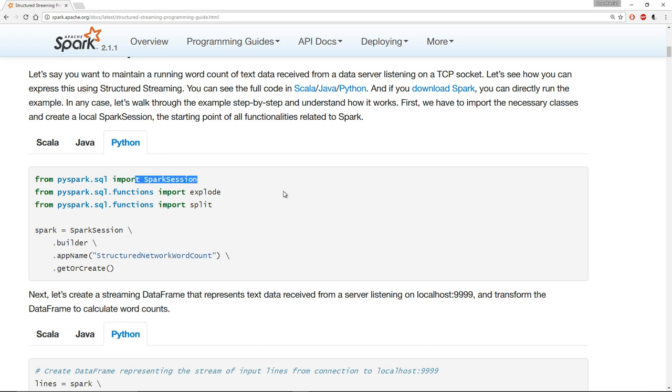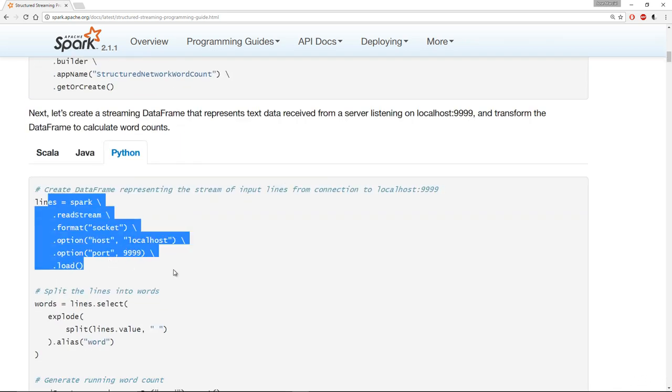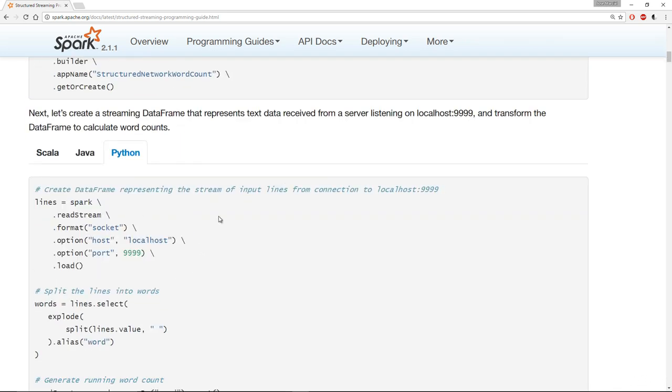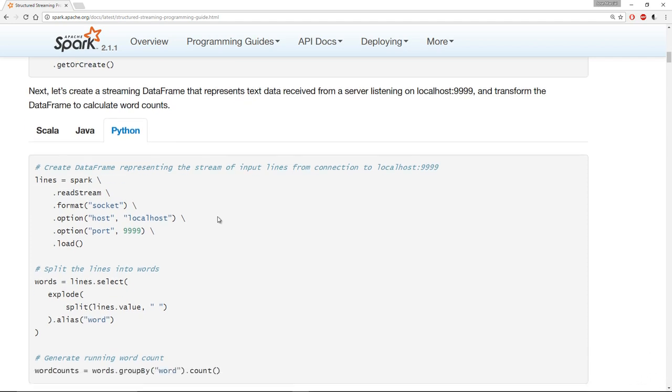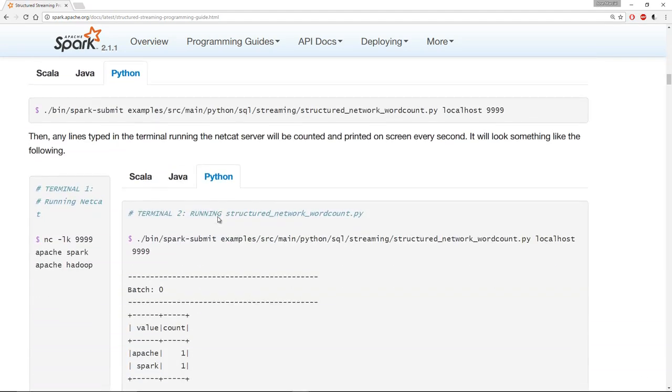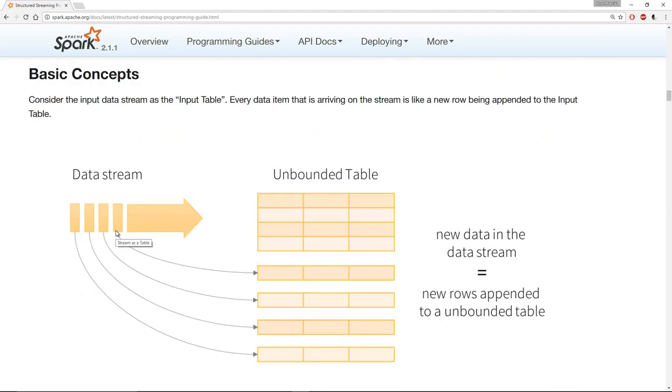It's just basically a few different imports and the syntax has changed, but what's actually going on is quite similar or along the same lines. And to basically kind of show you a simple example, if you keep scrolling down here, and as a basic overview of what you can think structured streaming is, it's similar to taking that data stream input and then separating it into batches, but every piece of new data in the data stream is a new row appended to an